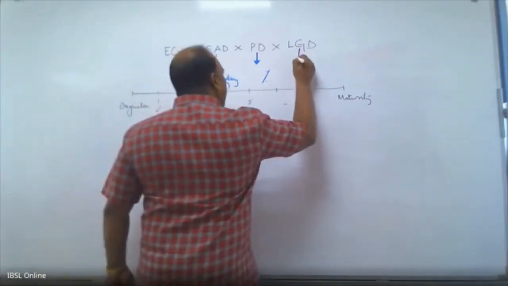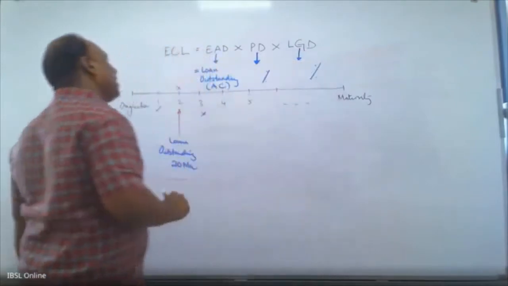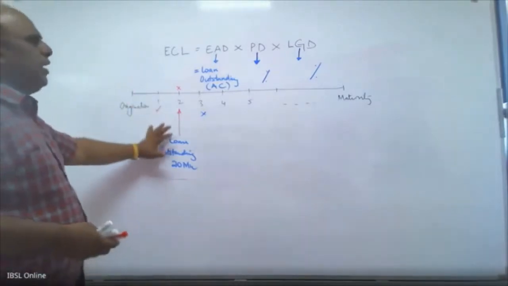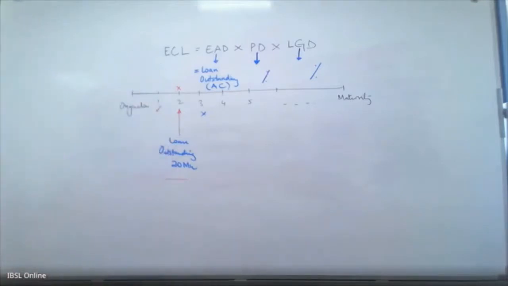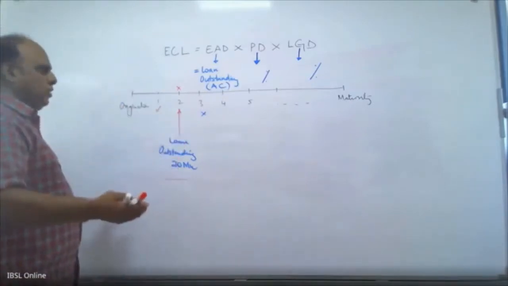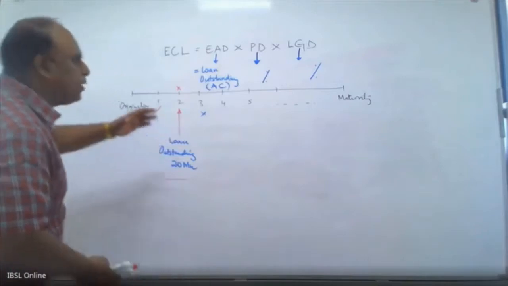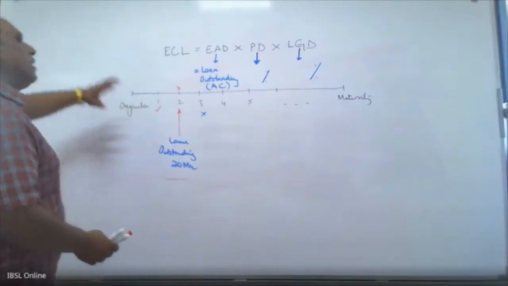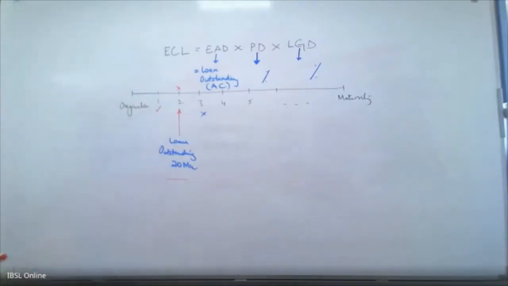Then there is another indicator which is again a percentage. We call it loss given default. Now, what do you mean by that is, suppose this loan goes as a loss, what is the probable amount that I might incur as a loss? So this is also again looking at the future, which I don't know. So what we need to do is, I have to go back to my history and look at, for these kind of loans, what has happened in the future. Sorry, what has happened in the past. And I will apply that.